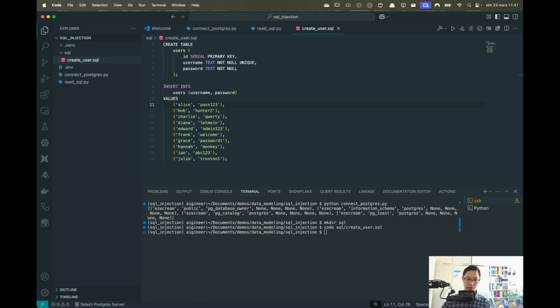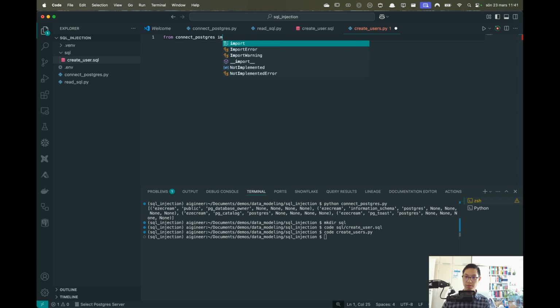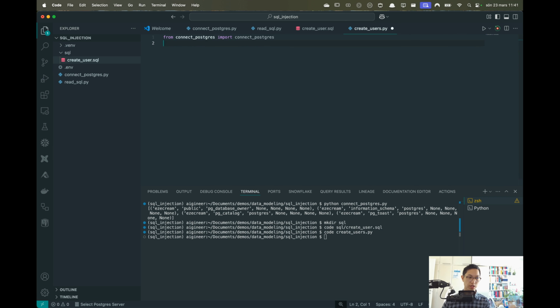Okay, so based on this one, let's create users now. Code create users.py. This is very simple. From connect postgres, import connect postgres, because we need that. And from SQLAlchemy, we will need text in order to run SQL queries. Then from read SQL, import read SQL file, and then if __name__ equals "__main__",